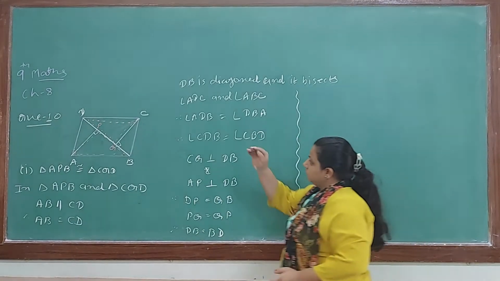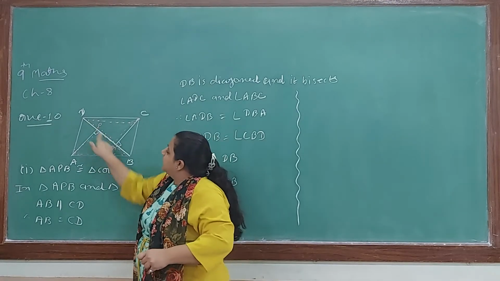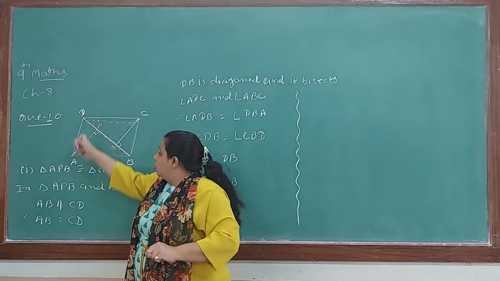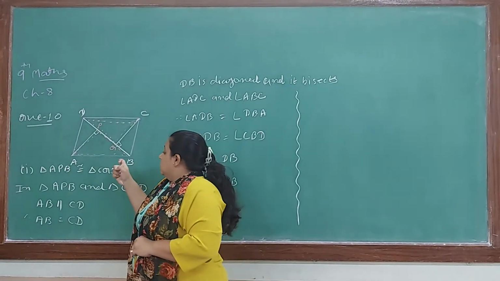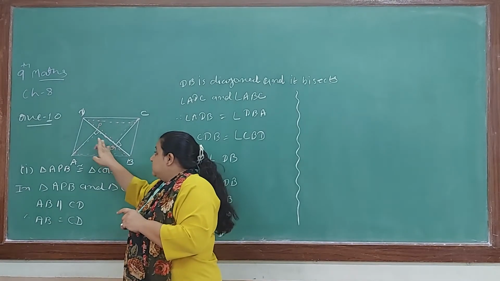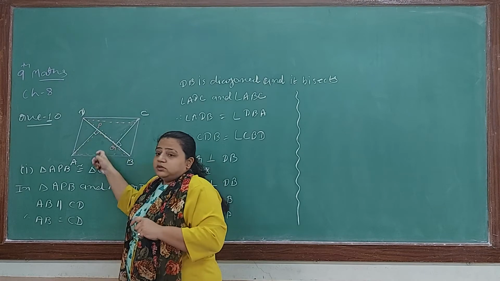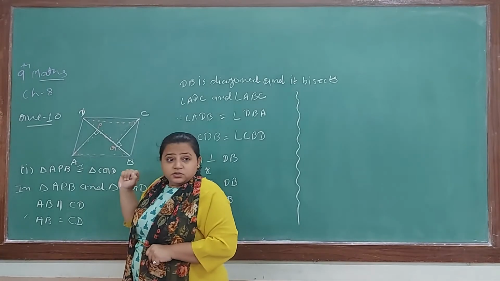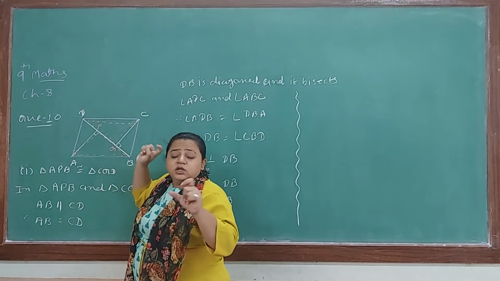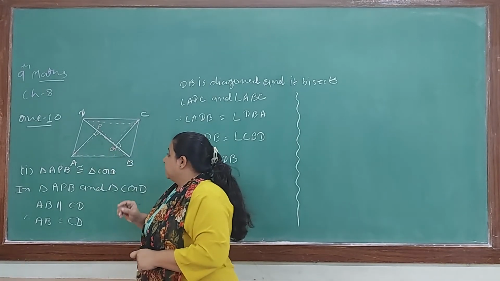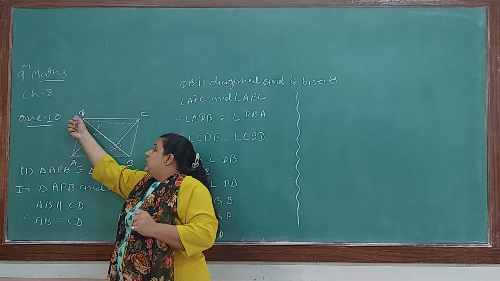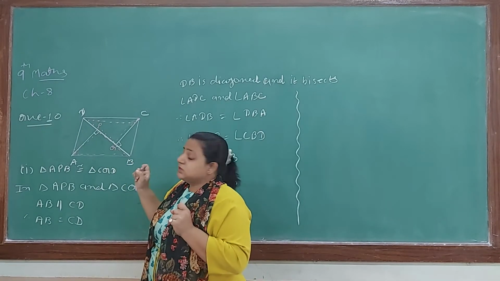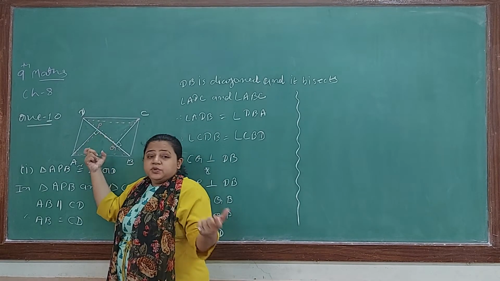Now we first prove it is a diagonal and it is a bisector also. So they form equal angles on both sides here and here. If they are forming equal angles, that means alternate angles, right? They are equal. Now they are saying it is a perpendicular and they are forming equal angles, that means right angle. Now PB and QB distance are equal because angles are equal, bisecting. So the inner part will be the same.